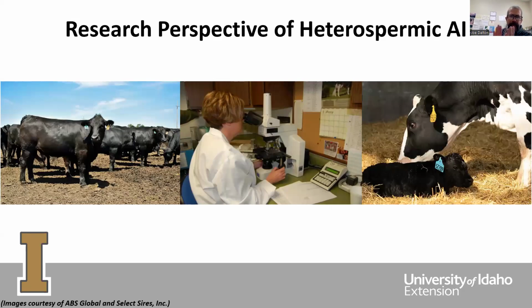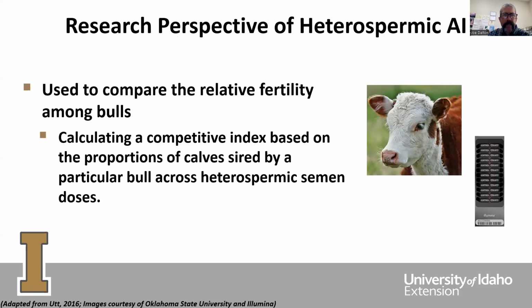So let's go ahead and talk just a little bit about the research perspective of heterospermic AI. Research in heterospermic AI has been going on for many, many years. We're talking 60, 70 years at least. And this research has been focused on and is able to compare the relative fertility among bulls. And it does this by calculating a competitive index based on the proportion of calves sired by a particular bull